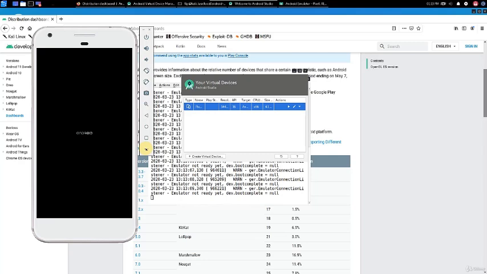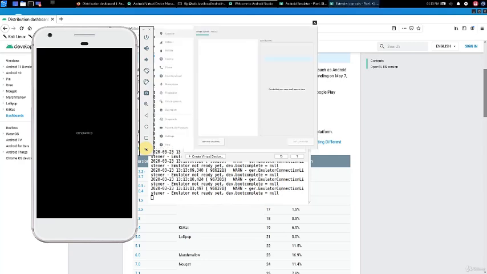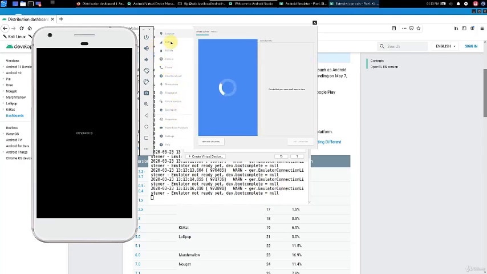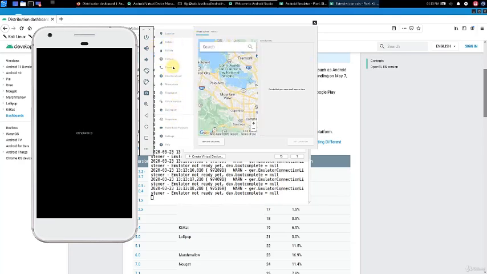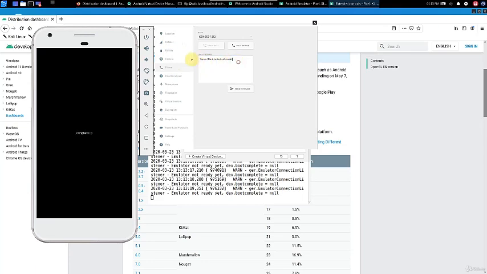Now, this is a useful utility. Here you have some extra tools that you can play around with. So for example, say you want to emulate sending or receiving an SMS. You can do that using this utility over here. Just click on the three dots on the side, and then for example, you can play with the accelerometer sensors. You can also play with the battery levels.